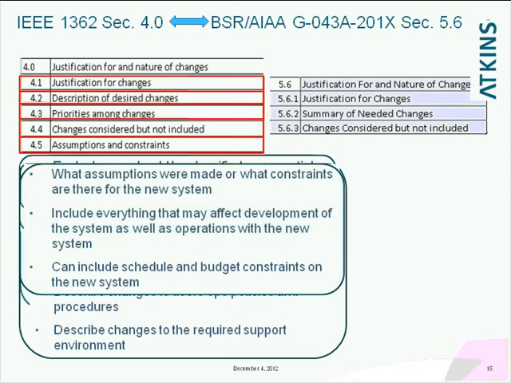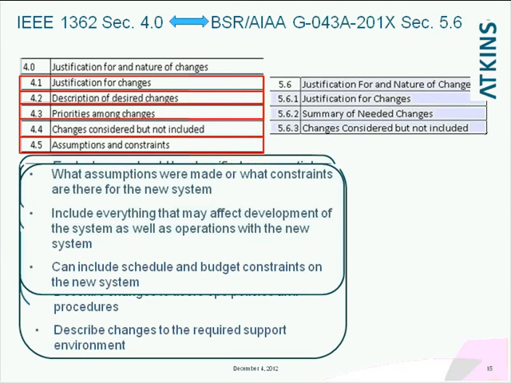And justification for changes. What changed in the user needs and mission objectives that require a new system? And then you list the deficiencies or limitations of the current system and justify the new system. Why you're doing it. It improves what you do. Basically, you explain why it's needed. And then you describe